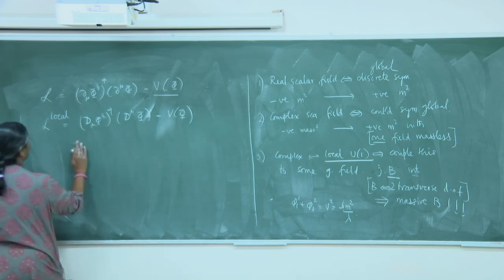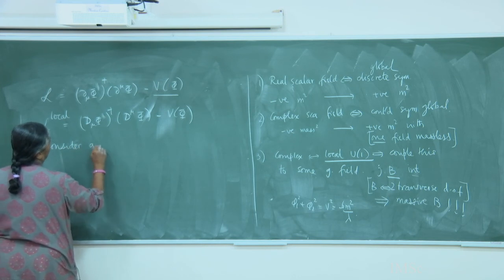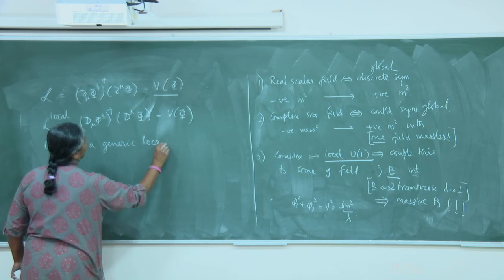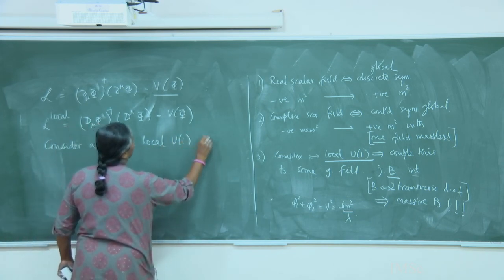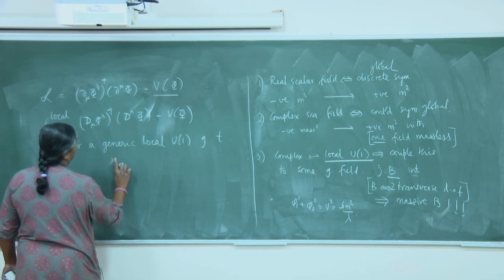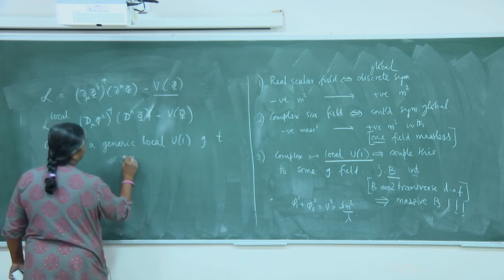where let us now take some U(1). So let me consider a generic local U(1) gauge transformation, so that phi prime